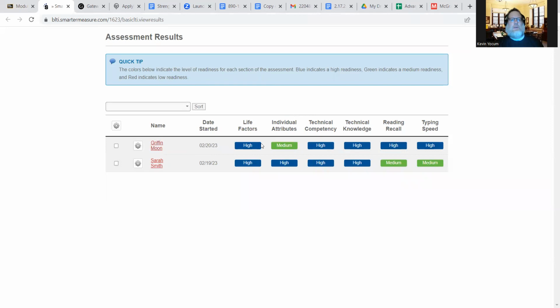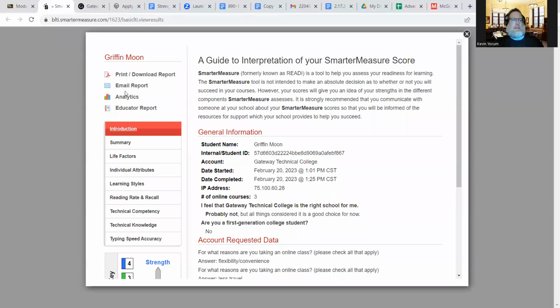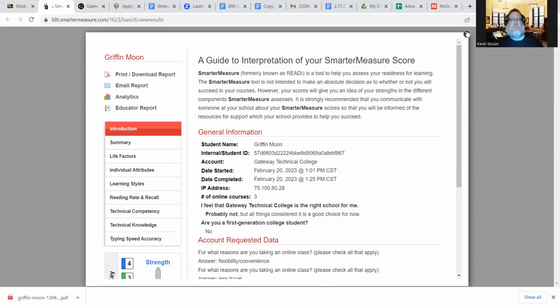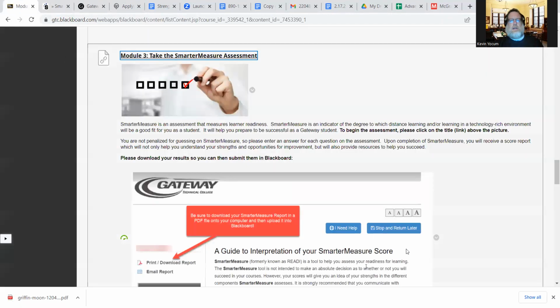Okay, it looks like a couple of you have completed it. Griffin, I'm going to use you as an example just on this home page, but you can see it says print or download report. So once you've completed it, this is what you're going to want to print or download, okay? So you can generate the report. You can just do the summary if you'd like. You can do them both. Doesn't matter to me, whatever you'd like. Okay, so it'll download those. And then you would come back in here